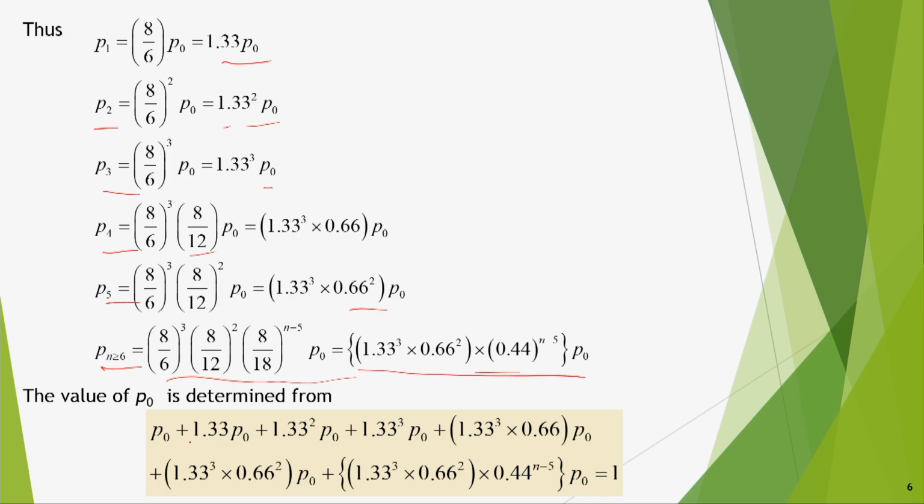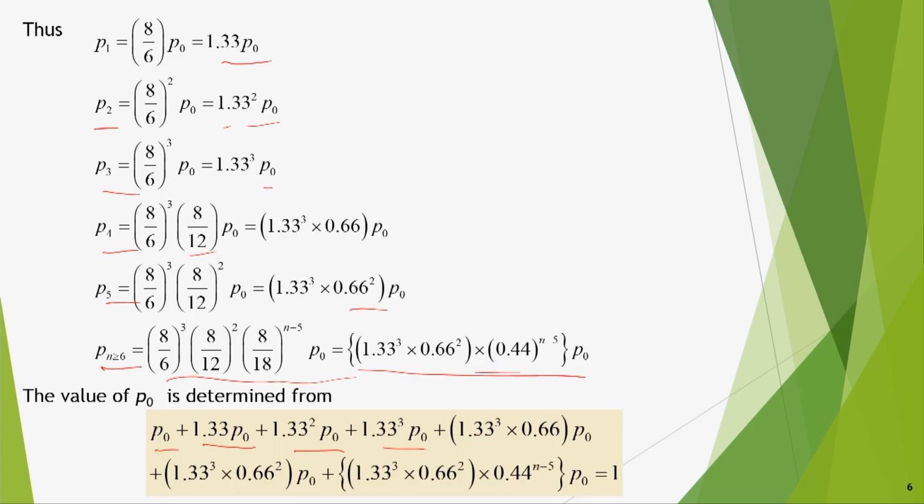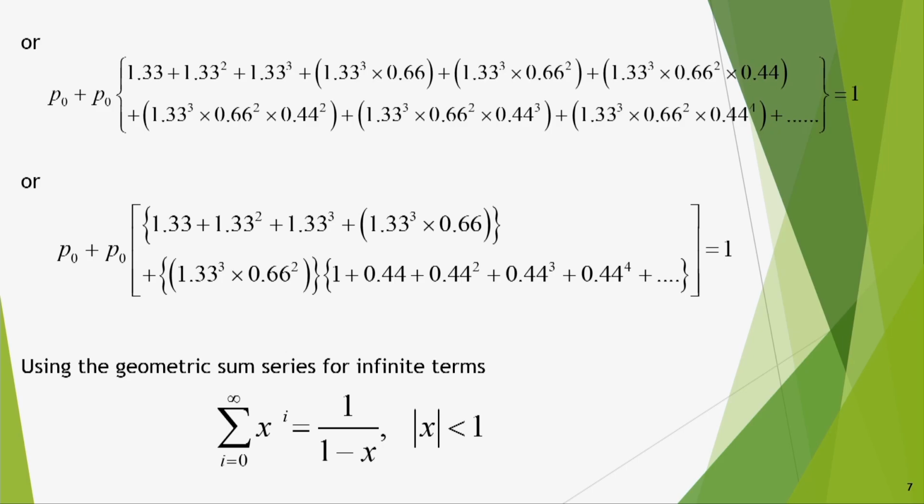So you sum them together, P0 plus P1 plus P2 plus P3 plus P4, and up to that. If you know other terms also, they should be added up to infinity. But maybe if you do it numerically, the other terms may become insignificant also.